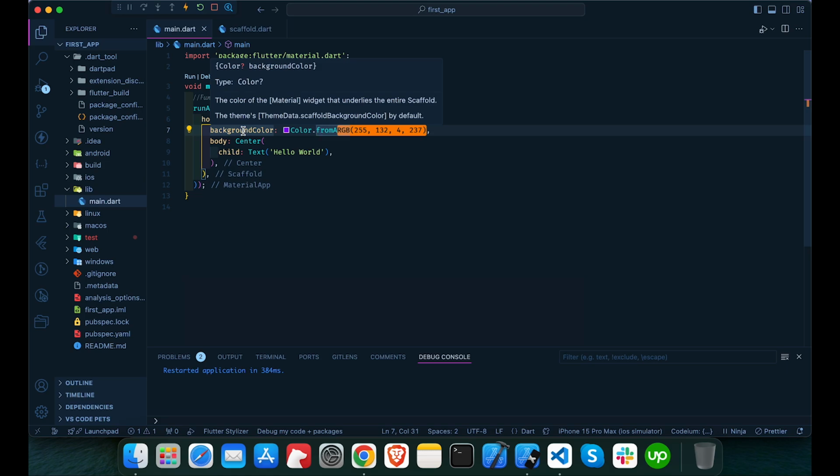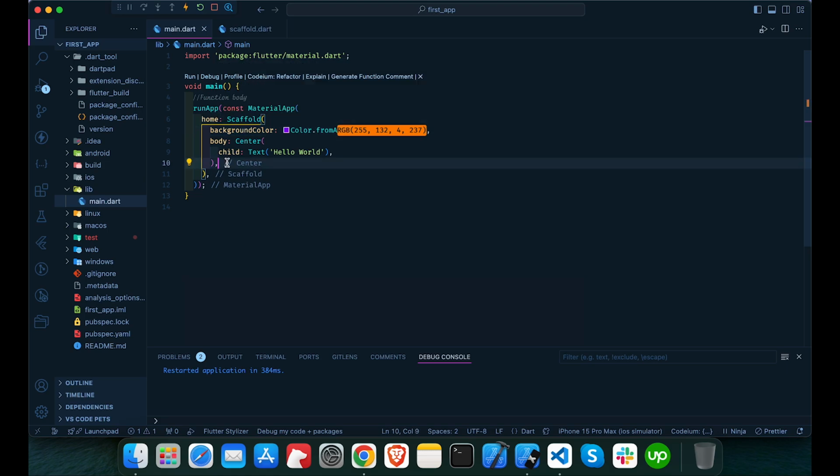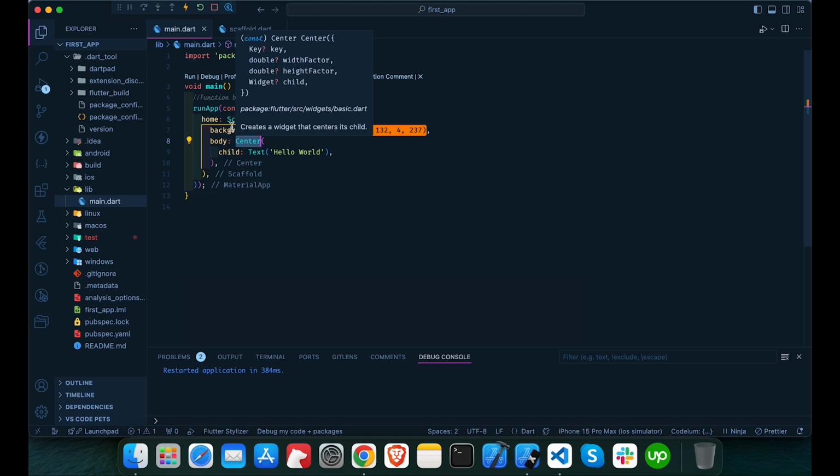We can add a new widget between scaffold and center. Between scaffold and center, we can add a different widget and try to apply a gradient color to that particular widget. So if I want to do that, we need a container widget. So the easiest way to